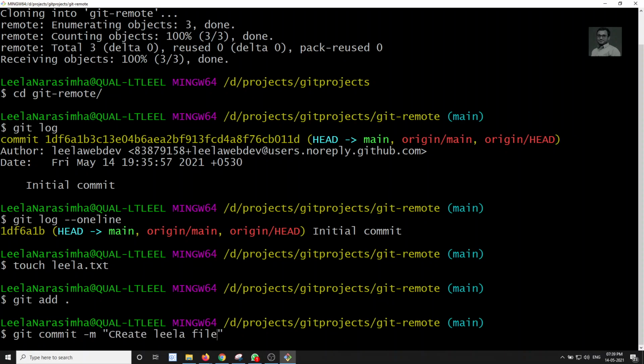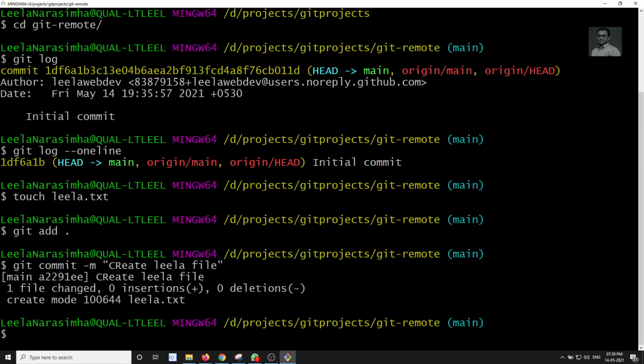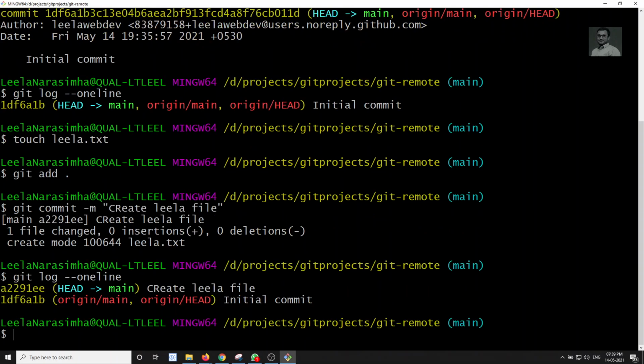So I have committed. Now we will check git log --oneline. We have committed in our local only, in our local main branch only. If I check here, see the origin main and origin HEAD are at the previous initial commit only, but the HEAD and the local main have moved one commit forward.